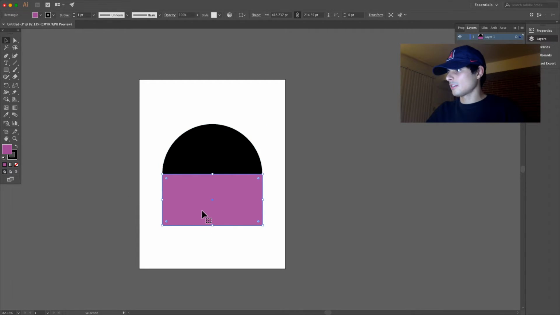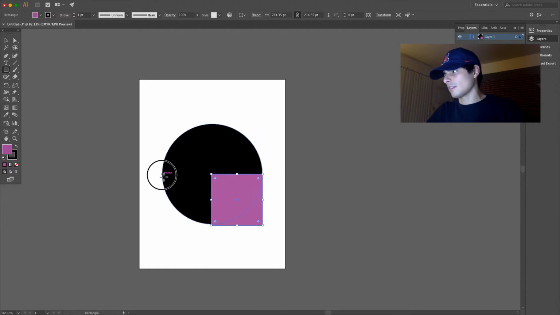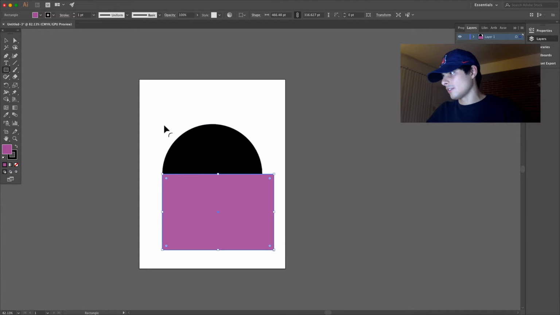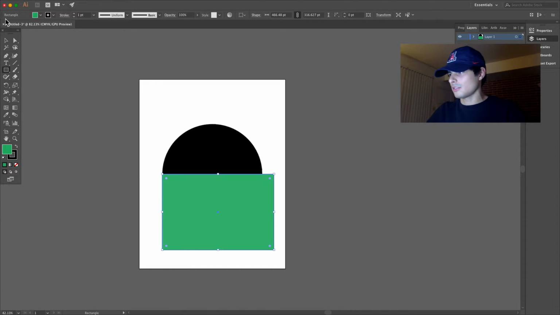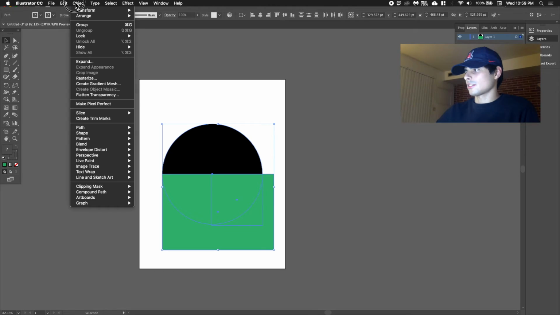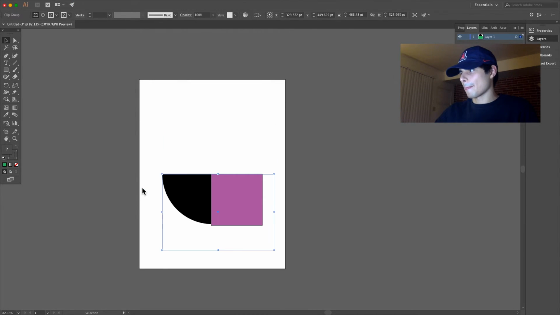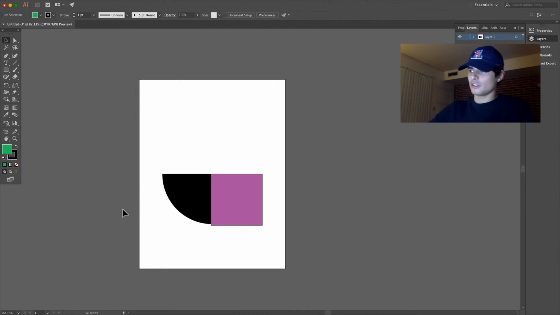The cool thing about this is, let's say I have multiple shapes. So let's say I have both these, and I want all that in there. I can do that. I can take a new box that goes over all of them. I'll make it a different color just so you can tell the difference between them. Not that it matters because you can't see it. Select all of them, and I go to Object, Clipping Mask, Make, and then you have those two images, the box and the circle,